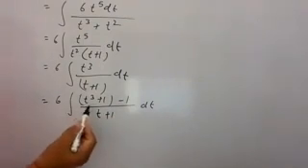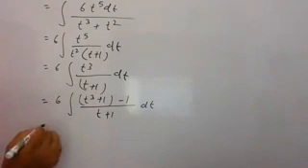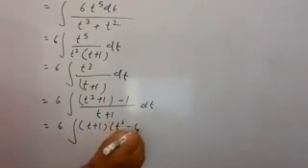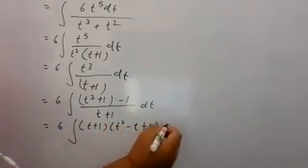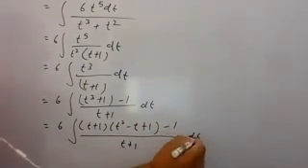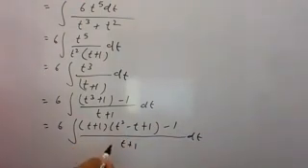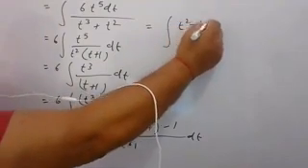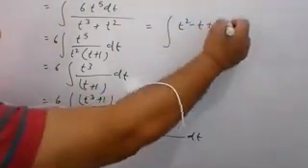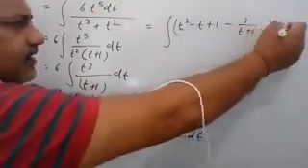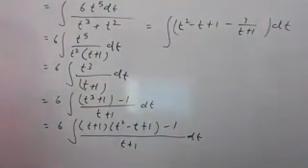Now you factorize by using the formula of a cube plus b cube. So that is 6 into t plus 1 into t square minus t plus 1, minus 1 and whole divided by t plus 1 dt. Now you distribute it, and you find that t plus 1 and t plus 1 cancel out. So here you have integration of t square minus t plus 1, and this side you have 1 minus 1 upon t plus 1 dt. And you can very easily integrate all those terms.